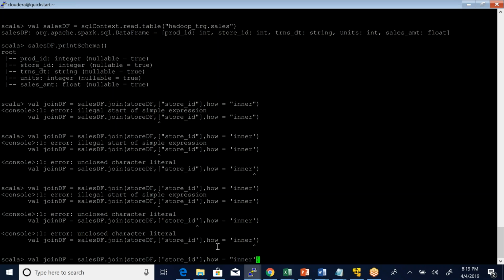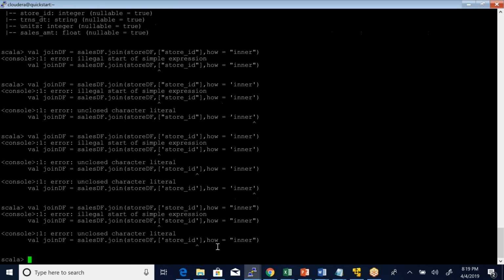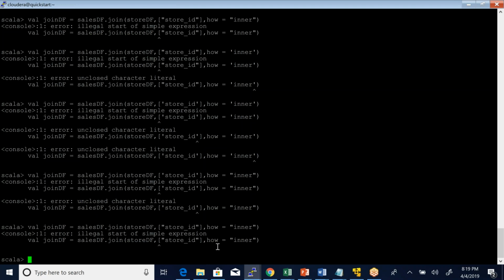Maybe this syntax is not supported in 1.6. Okay, we'll do the other way, which is